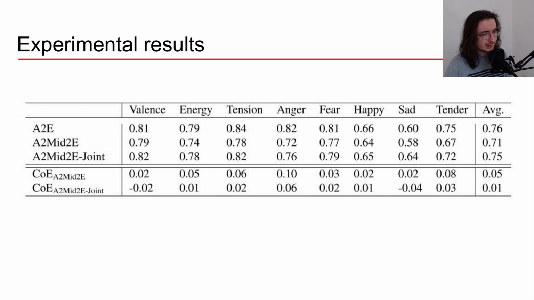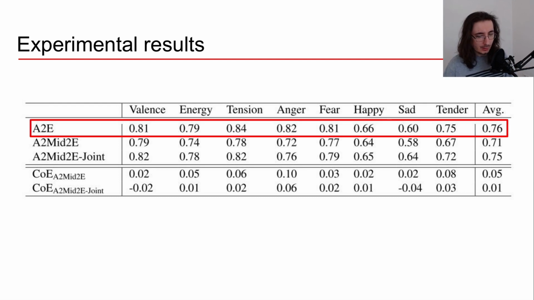Okay, so here you see a table from the paper, where you see the different models and the metric that tells you how well these models performed. The metric here is the Pearson correlation coefficient. Basically, they try to correlate the predictions with the annotations. The first row is for the base level, the audio to emotion model, and it has an average score of